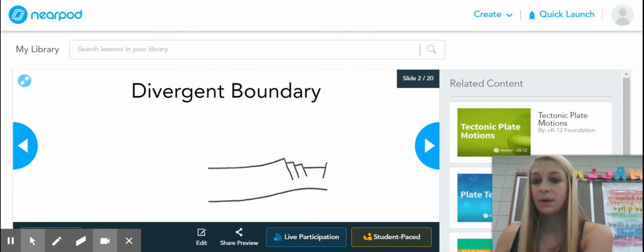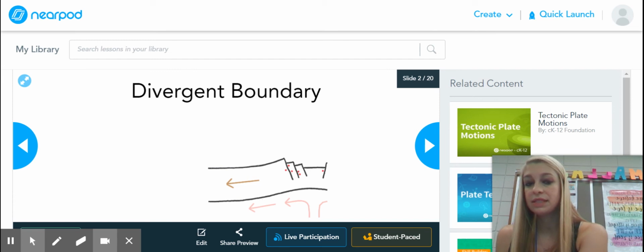All right, last boundary is a transform boundary. Transform boundary is when we have slipping and sliding. So this results in an earthquake because what happens is these two plates, they build up so much pressure and tension and all of a sudden it's released. When it's released, we have an earthquake,